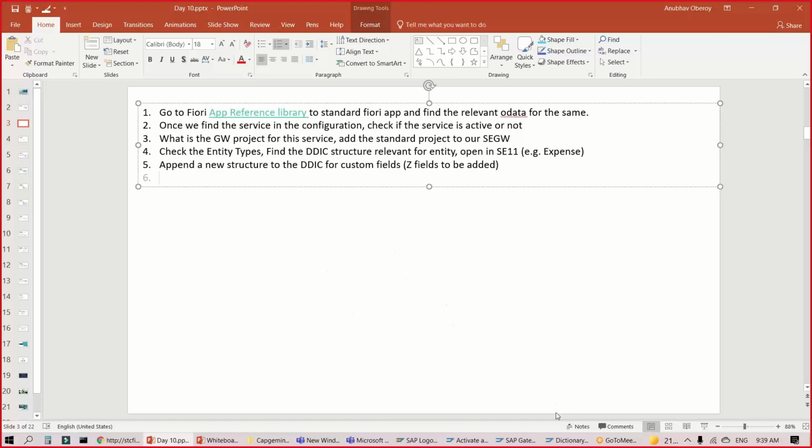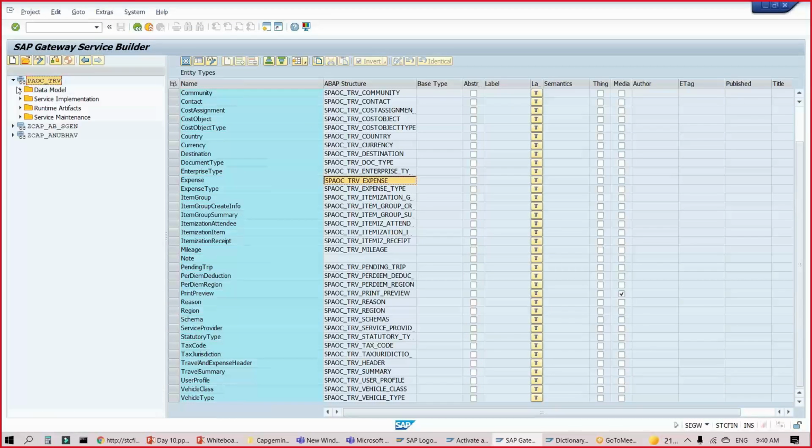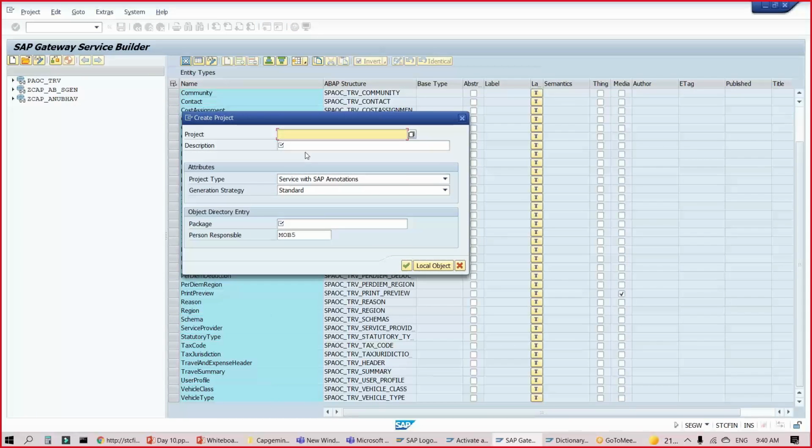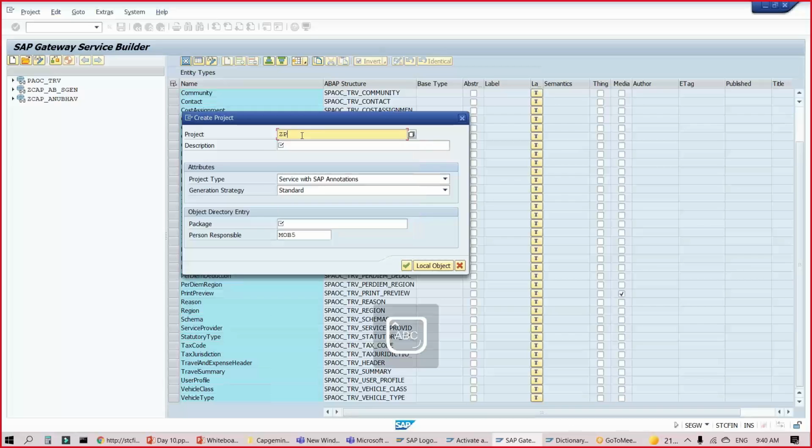So let's go to the next part, which is gateway project extension. We can keep this standard project without touching it. And now we will create a gateway project. Usually what I follow is I just put a Z before the name of the actual project which SAP has. This way I know that this is the Z counterpart of the standard SAP project, PAOC TRV. That is an easy way to remember. This is a standard again, which we follow. Of course, in your company, you may follow a different standard, but in my opinion, this gives very helpful information because now I know this is a Z of this standard one.